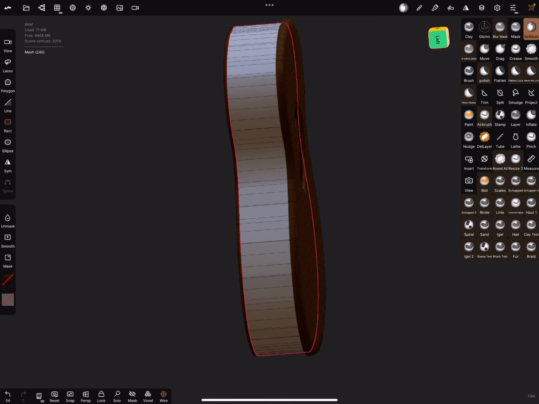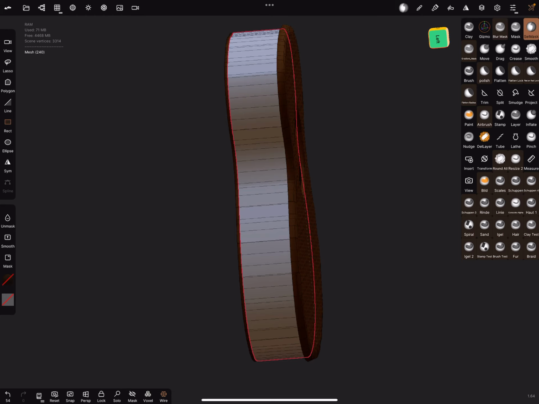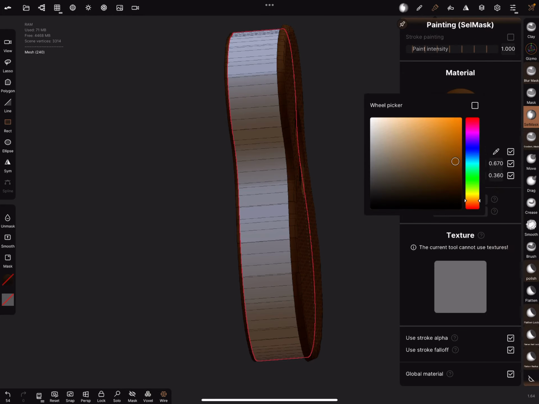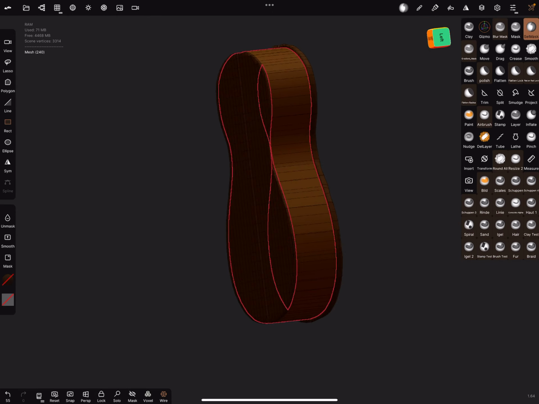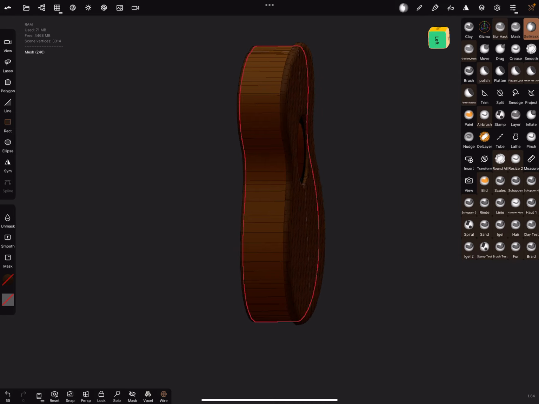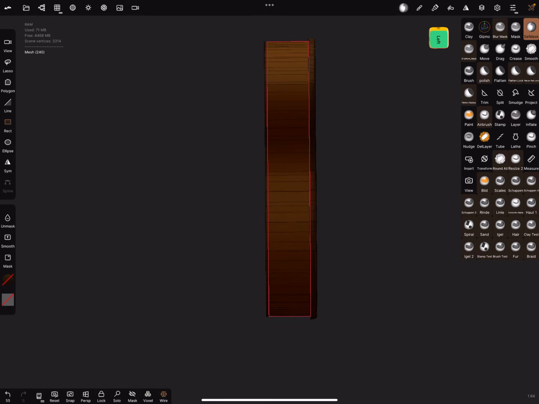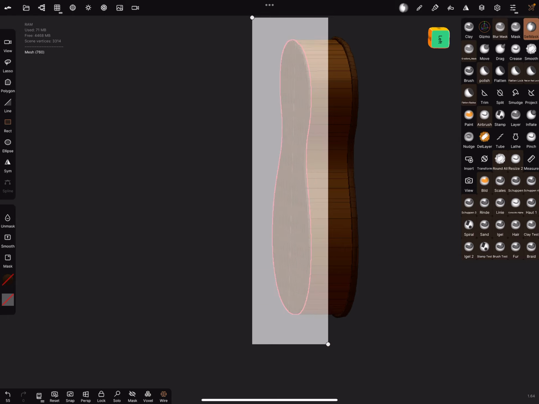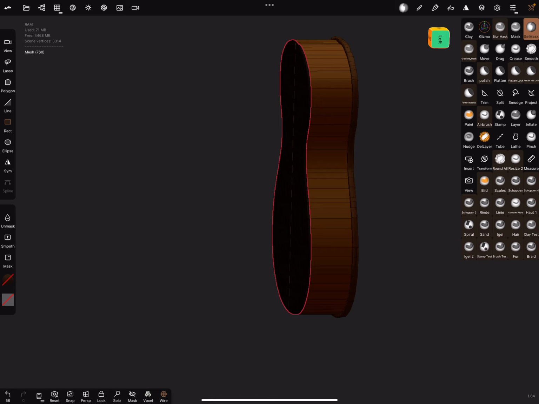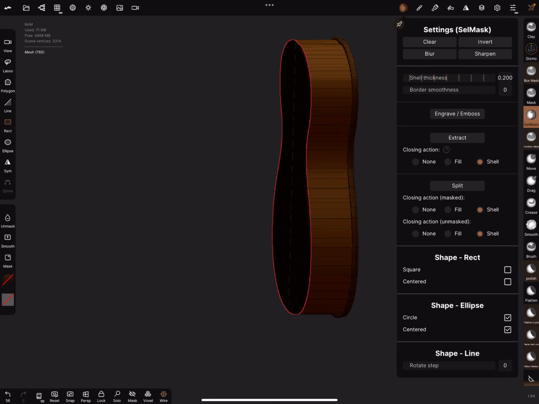And this part. Paint it like this. Okay. Then we can use the selection mask again, mask the backside of the guitar and give it also a shell